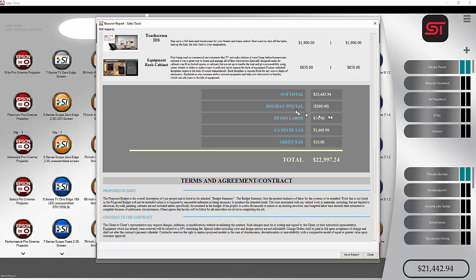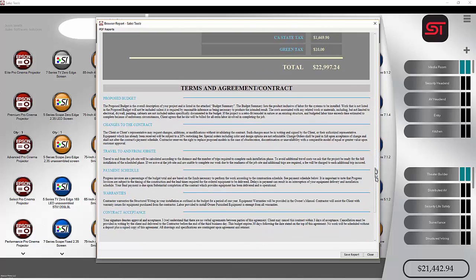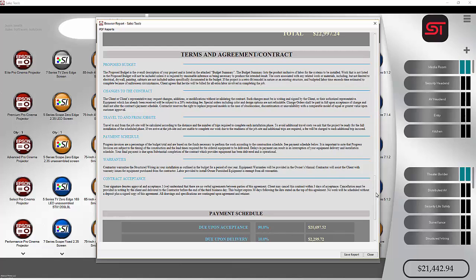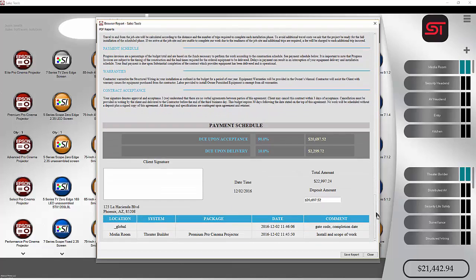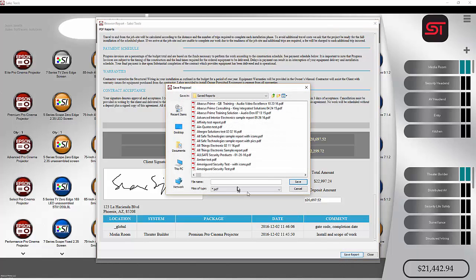Here's our subtotal, our adjustments and taxes, our terms and agreements right there so we can review it very easily. Here's our payment schedule. And now I'm going to go ahead and ask my customer to sign, which you can do, of course, on an iPad, a laptop, or we're doing this online. So you could actually do a screen share and do a presentation with a customer who's out of state. We've got our deposit amount in there. I can hit Save Report, name my report,